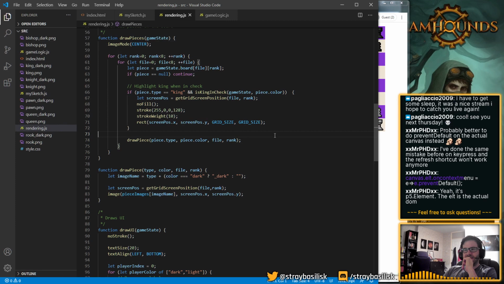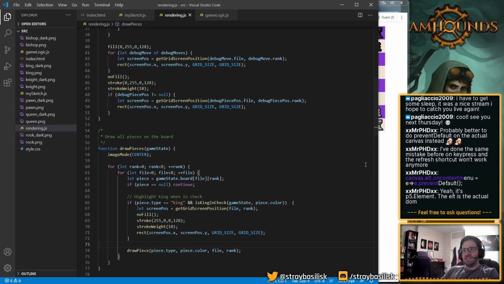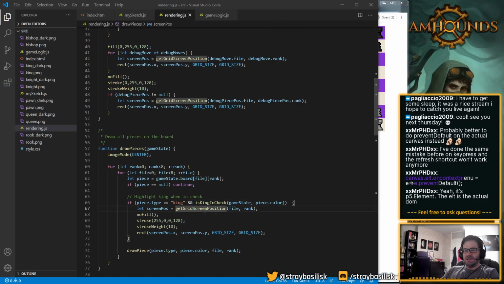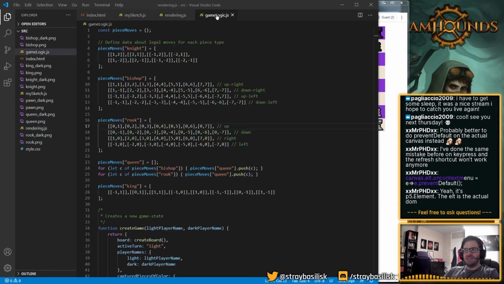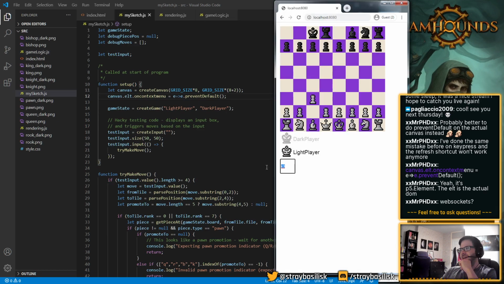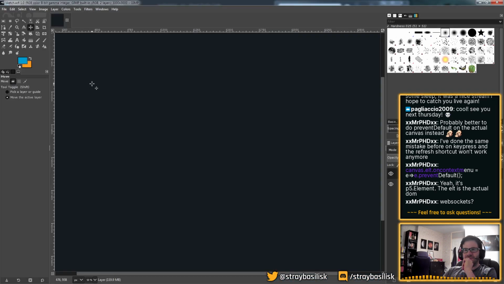All that will be left in rendering is rendering the board and the pieces, because it's actually pretty stateless, right? The UI has no real state except for this thing, which will be gone. That might mean some of this stuff gets moved into the game state, so the front end doesn't have to recalculate if the king's in check. That can just be set on the game state itself. And then this little janky text box will be replaced basically with... you know what, let me draw how I kind of picture it working.